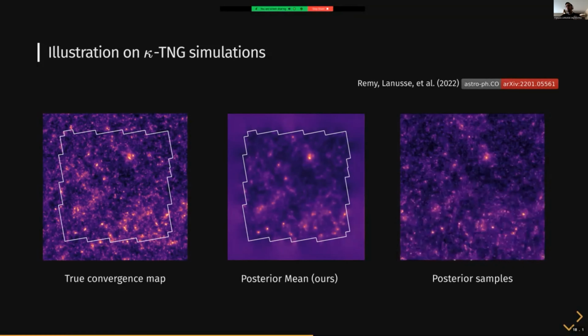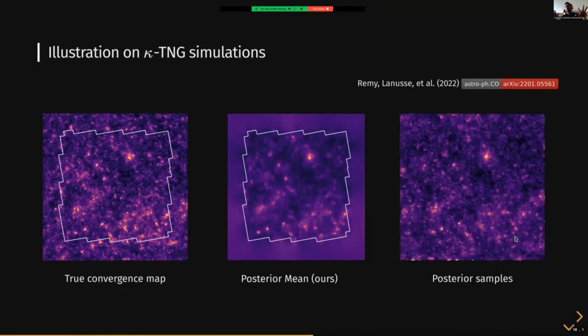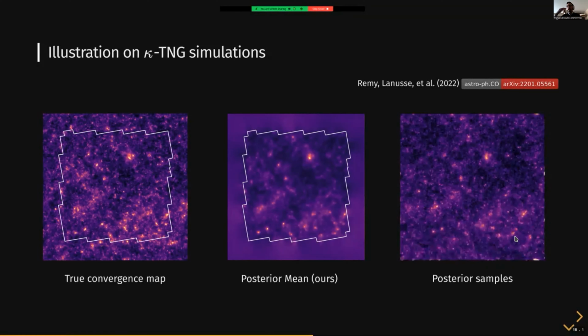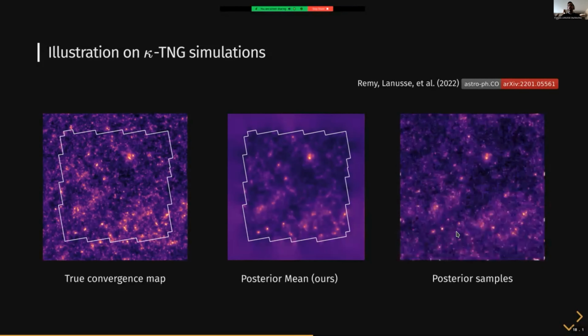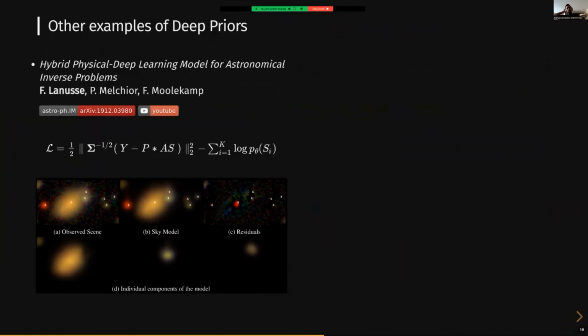Okay, so that gives you a way to fully quantify the uncertainty on your solution because you can access the full posterior distribution here. And so here I showed you on this example a way to do this, but we did it in a whole lot of other examples. For instance, for this deep learning problem that I told you about at the beginning, where here you have the log posterior that we use in this problem, the prior over the shape of galaxies it learned from examples of galaxies themselves. And on the left here, you have the likelihood term that is completely physically driven.